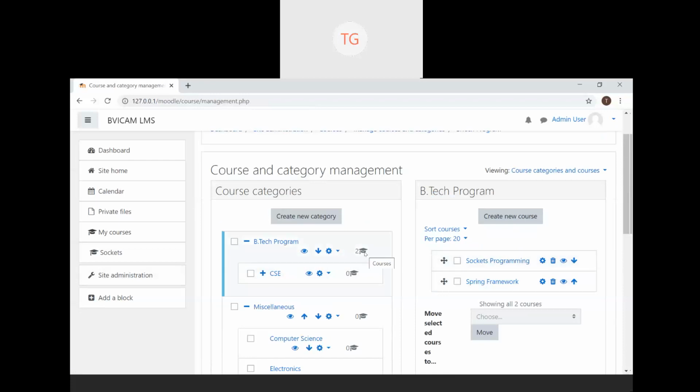Under the scholar hat, I see a number 2. You should be seeing at least one course. If you don't have a course in this category, you will not be able to add resources. This section was covered earlier in the morning. If you have missed out, no worries, we'll be sharing videos. I request participants to please mute yourselves for 5 minutes.